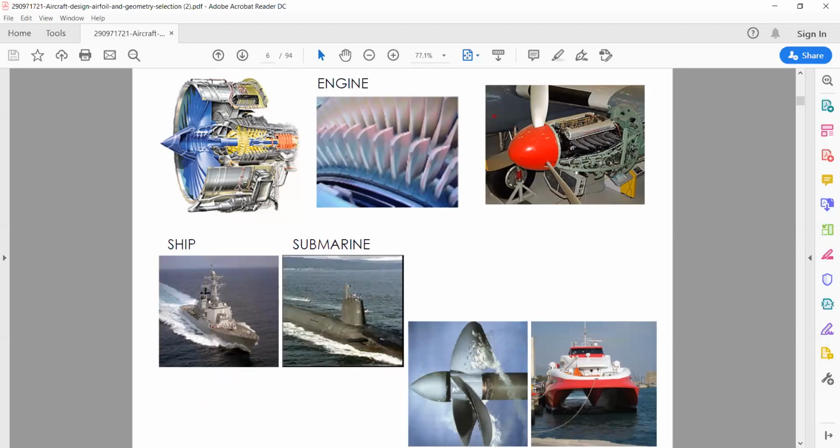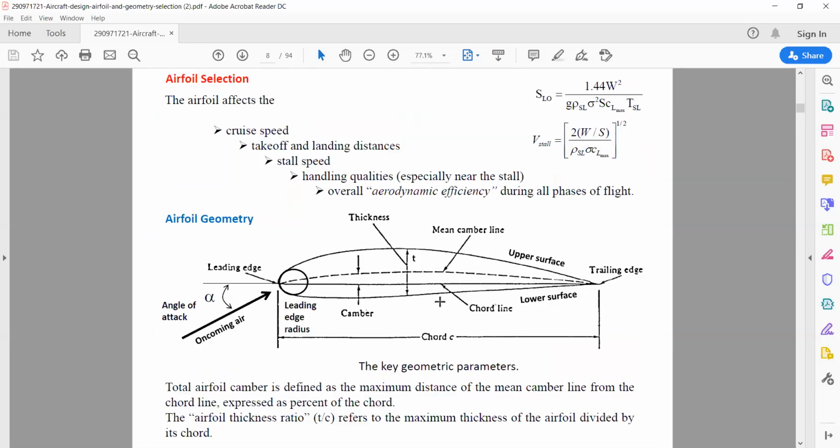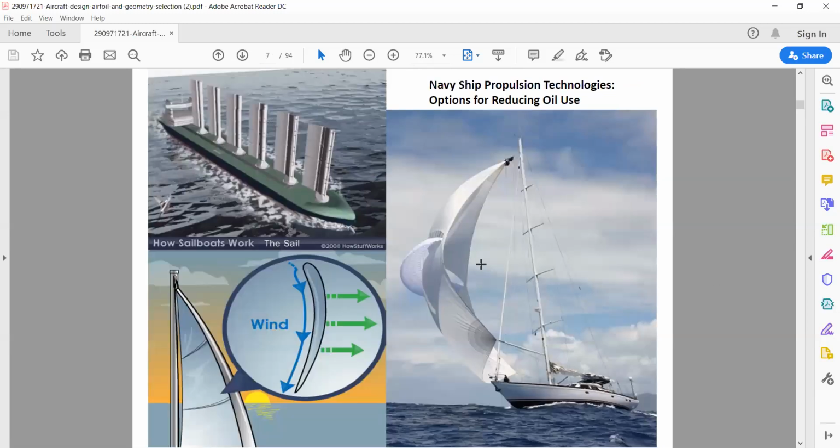And you can also see the shape of a ship. When you are going in a ship, you would have seen this type of structure. It looks like an airfoil. Whenever air comes, it flows from the leading edge to the trailing edge smoothly. There is no obstruction to the airflow. If the air rush is higher, it should not break into two pieces, to make it a smooth flow and also to reduce the oil consumption.